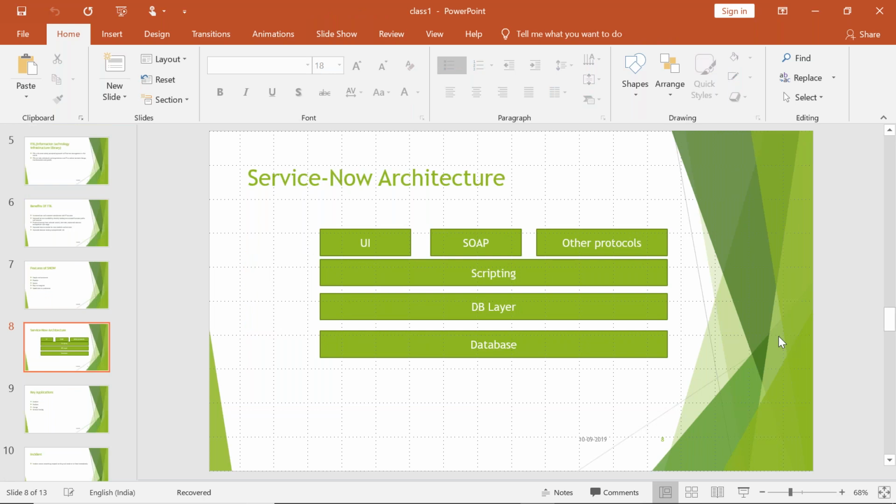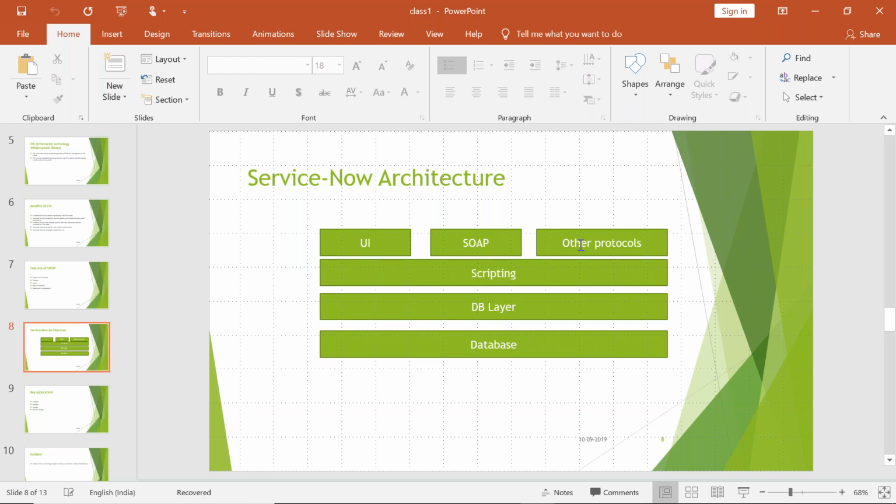You can see on the top layer is the user interface, meaning any end user, any customer, when they are accessing the tool, how are they doing that? Any customer is accessing the tool by making use of this concept called user interface in here. So an end user only has access to this layer. He'll not have access to any other layer in the system. So why am I putting these two layers on the same level? My only agenda, guys, by putting these two, is just to let you understand these two, SOAP and other protocols, are used for integration.